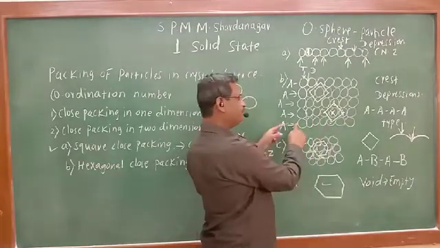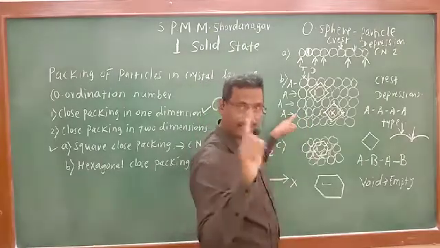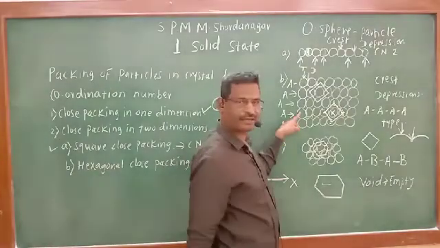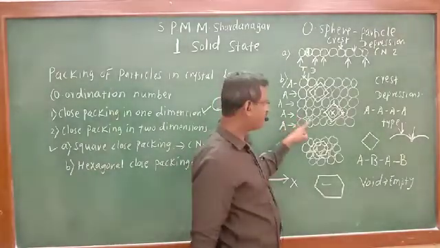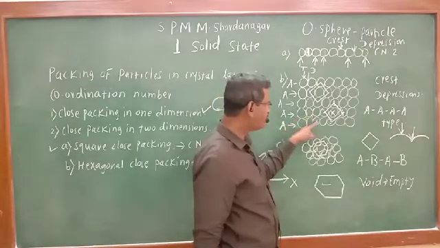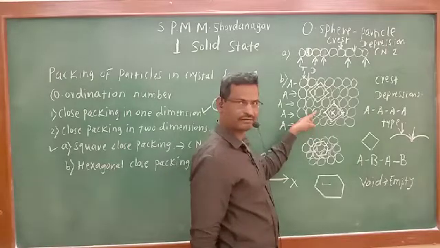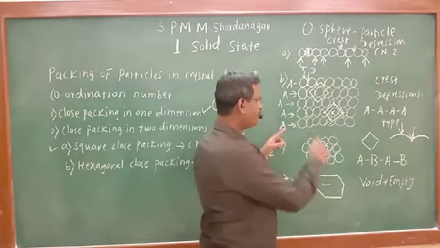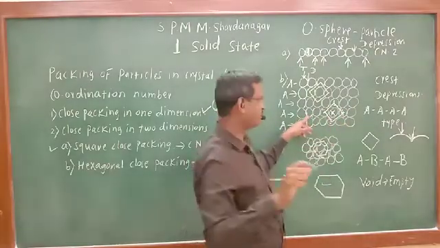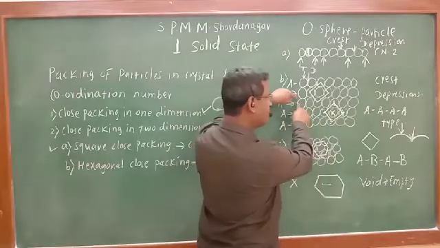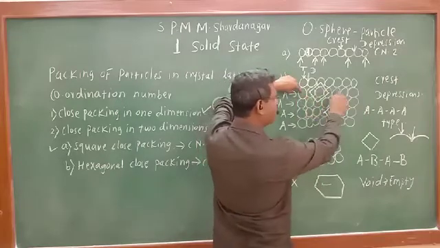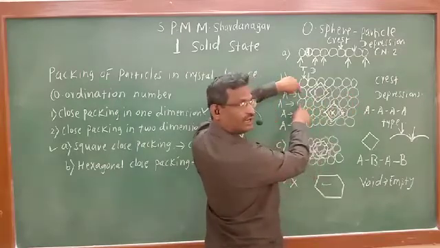Above that layer, another layer is placed where the crest of the first sphere and the crest of the second sphere are touching each other. Crest of the second and crest of the second are touching each other. Crest of the third particle and crest of the third particle are touching each other. In that manner, all the crests are in touch with each other. Here also, third layer crests are in touch with second layer crests. Fourth layer crests are in touch with third layer crests.